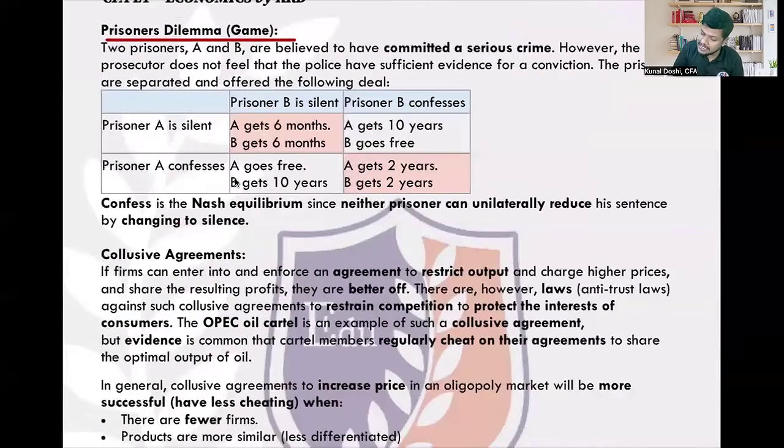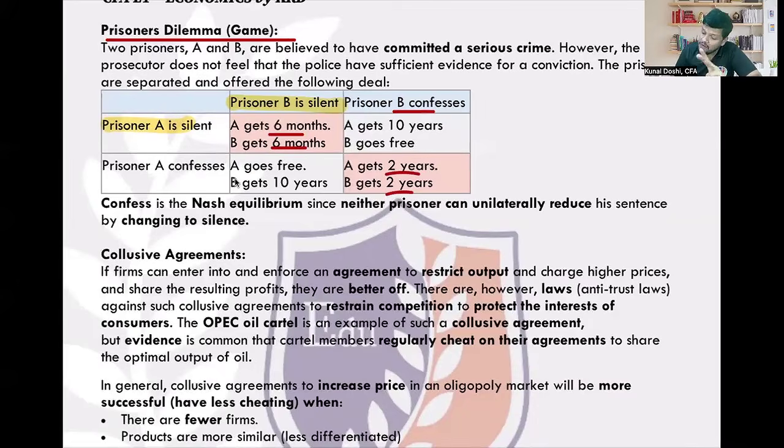Nash explained in the prisoner's dilemma that suppose there are two prisoners and both have committed a crime, and now both are put in different boxes to confess, right? They are both given an option that if they both remain silent, they both walk out with 6 months in prison. But if they both confess, both will get 2 years. Now, of course, the best situation is that both should remain silent, right?